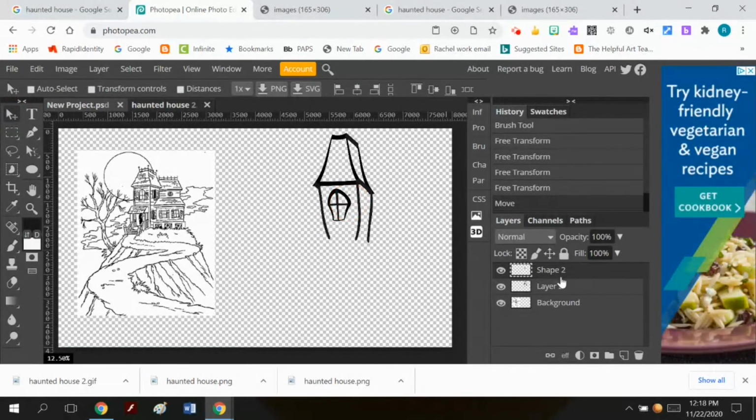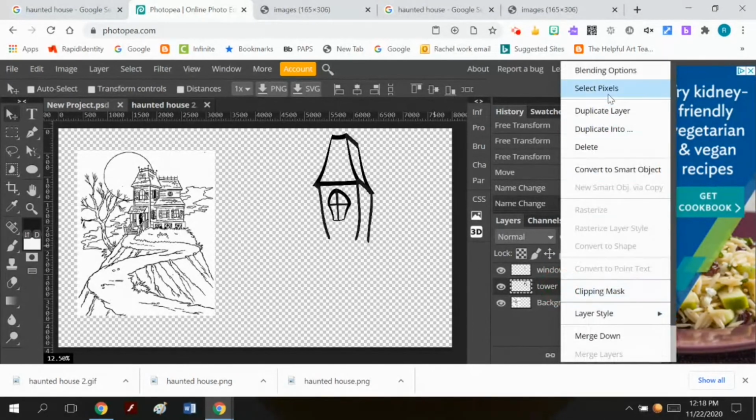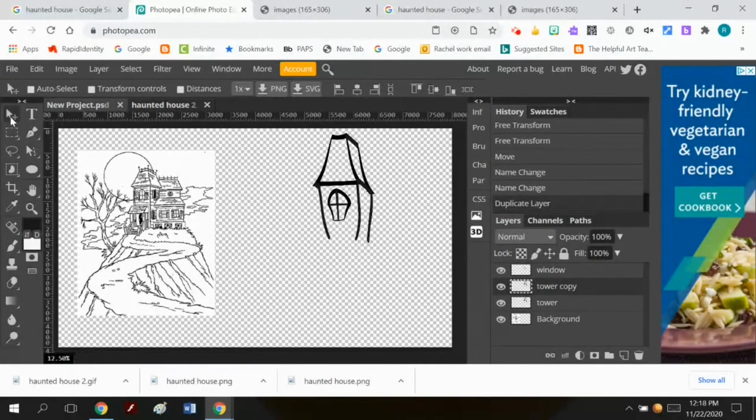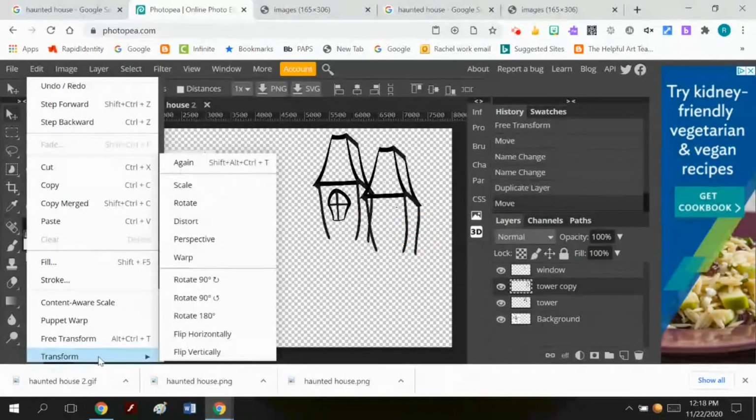If you want to, you can layer it and combine layers. But the other thing that you can do is you can also take this layer and you can call it tower, and this layer and call it window. And the nice thing about that is that you can take the tower and you can duplicate it. So let me just do Layer, Duplicate Layer. And then you can take the new tower, the copy, and you can do Edit, Transform, Distort,